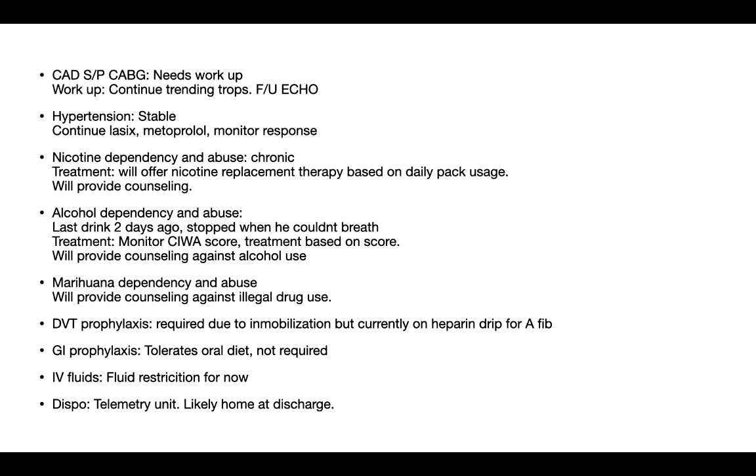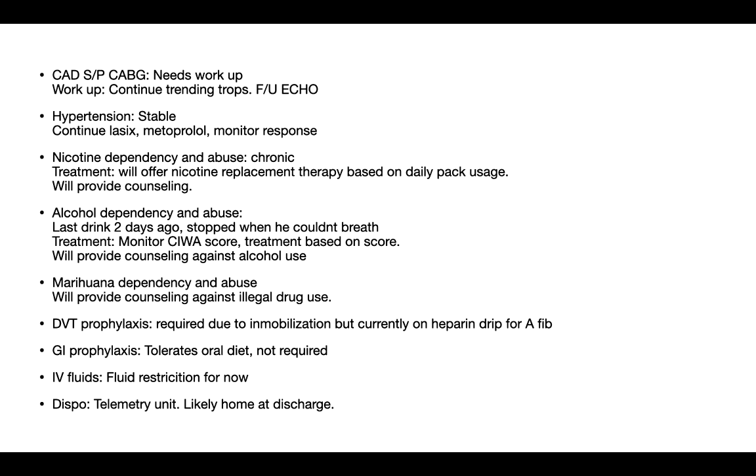You don't know if this CHF exacerbation is a byproduct of just his lifestyle or he had another MI. Hypertension is stable, and then you go through, he smokes, right? So we're not going to say tobacco dependency, we say nicotine dependence and abuse because he's abusing it. Otherwise, he wouldn't be smoking. And this is chronic, and you offer nicotine replacement therapy, maybe a patch or maybe a gum, and you provide counseling. Same with alcohol dependency, but alcohol dependency is different and special because it can end in seizures and withdrawal